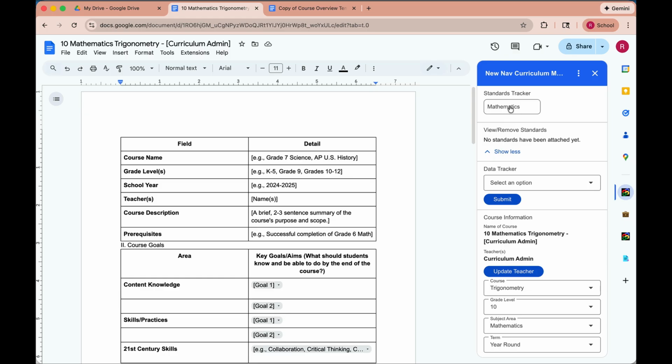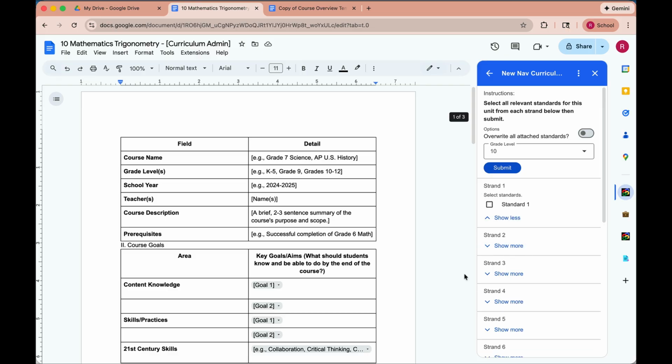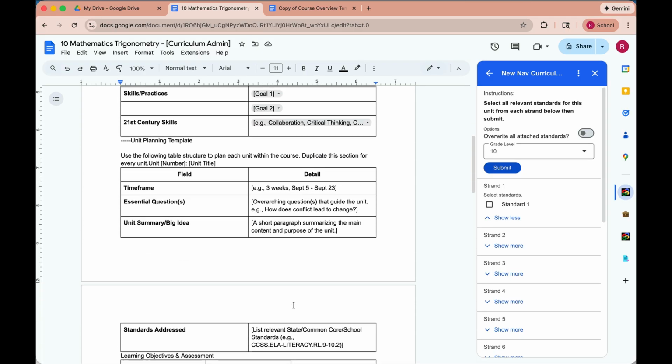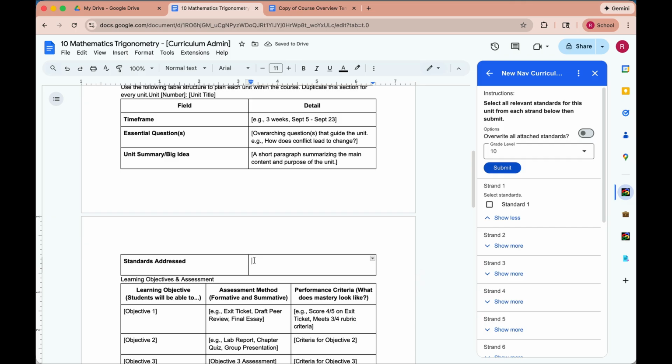to do things like attach standards. So if I click this mathematics button, it's going to open me up a set of standards at the 10th grade level. Now notice I haven't actually added any standards to this one, but the concept is that I would have a place on my template, so maybe it's in this box over here, where I say what standards are being addressed. I could say maybe we're doing that standard, and then when I submit this, it's going to